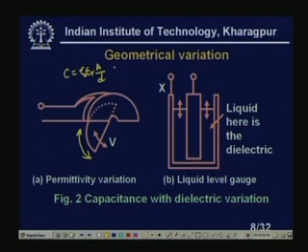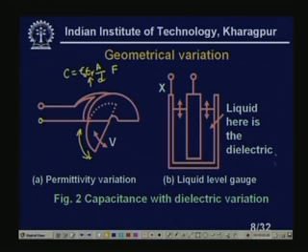So, the epsilon r, if you look at C equal to epsilon naught epsilon r A by D, in farad, this epsilon r will change. So, if this epsilon r changes, obviously I will get a different value of the capacitance. Here we are changing the permittivity of the medium. So, by changing either the permittivity, or the area, or the displacement, I can get a capacitance sensor.